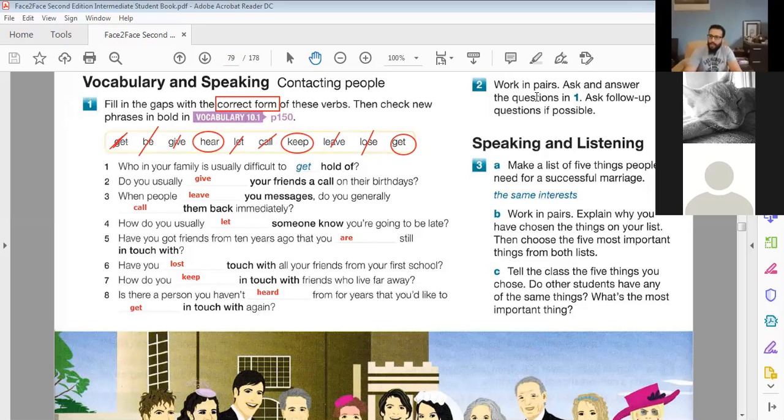So we did number 2 here, which is just a quick Q&A. We asked each other these questions. Now number 3 is very, very interesting here. I think maybe all 3 of us will have very different answers. So it says, think of a list of things people need for a successful marriage. So I think we'll have different perspectives because the only one married is not here. So maybe you can give us more objective answers for this, I think. But I'm also interested in what Ibrahim thinks of this topic. All right, so let's see.